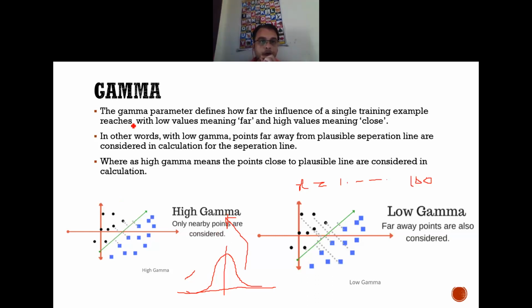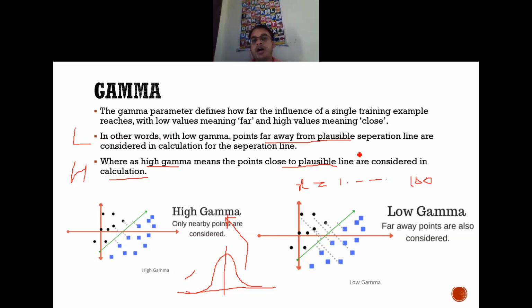Now, according to the parameters, how gamma is going to influence this, there are two approaches: when gamma is high and when gamma is low. If the gamma value is high, points close to the desired line will give me an accurate result. But if I go with a lower gamma value, it will give me a far-away, plausible separation, which is nothing but a wrong result.